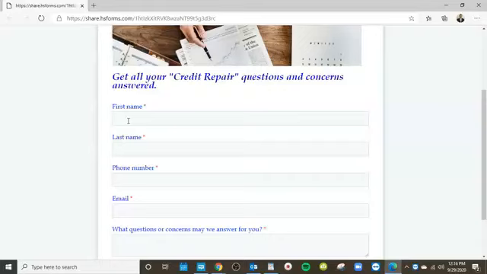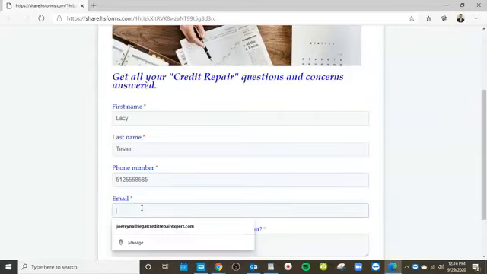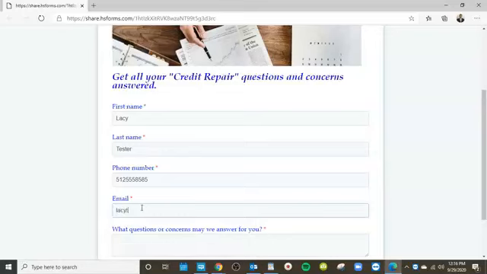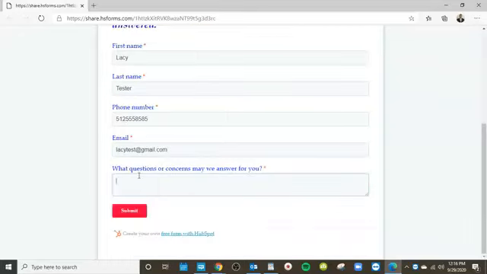So we're sending a bunch of text messages. The customer has to put in the name here. Since we texted Lacey, we're going to put Lacey Tester. We're going to say tester, right? So phone number, 512-555-8585. Email address, Lacey Texter test at Gmail. And then here they get to put what questions they have, right? I forgot how much you charge,